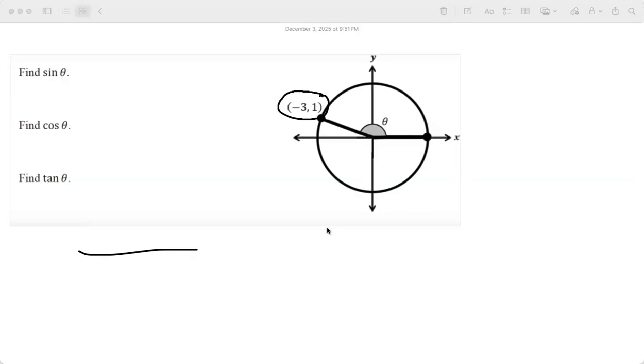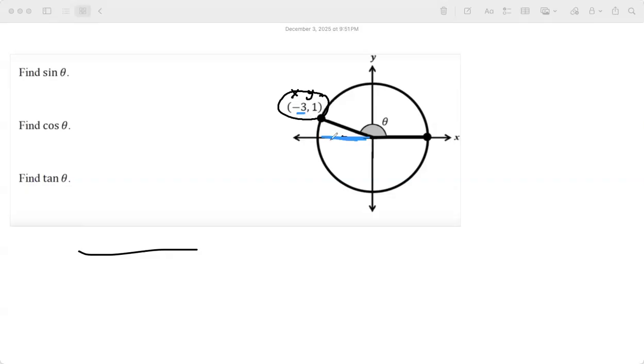Miss Priya, could you solve this? Yeah, absolutely, ma'am. So, when we think about this, there is minus 3 comma 1. That is x comma y. That means to arrive at this point from the origin, my x value is what here? Oh, it's not a unit circle. So here, the x was minus 3 and y is 1.